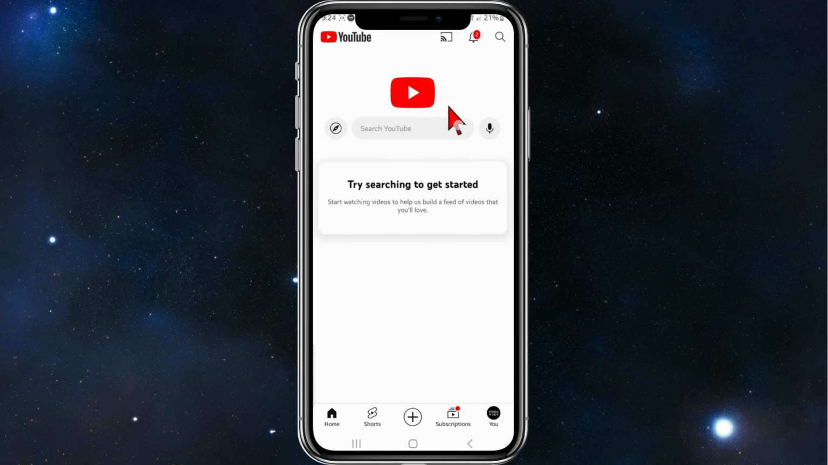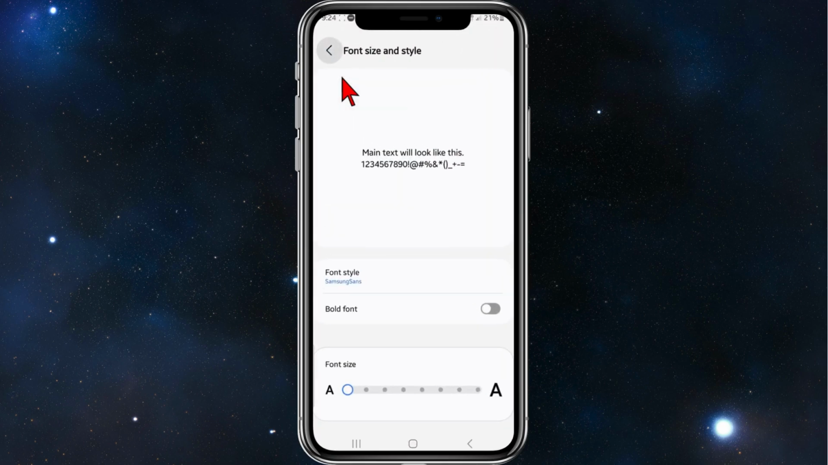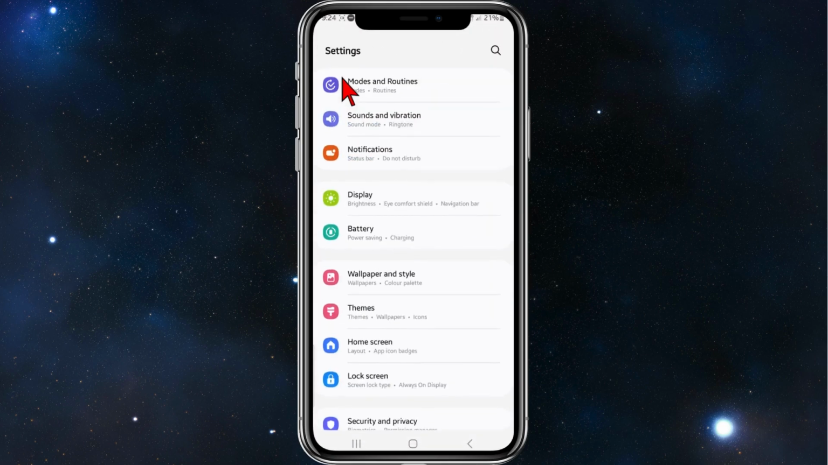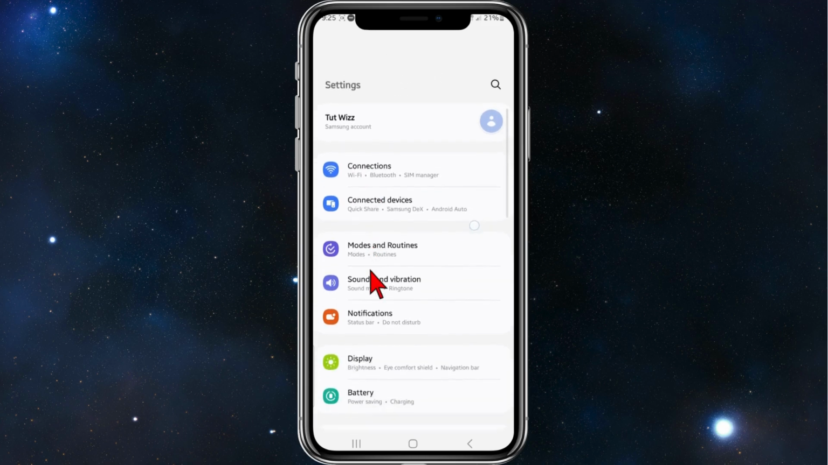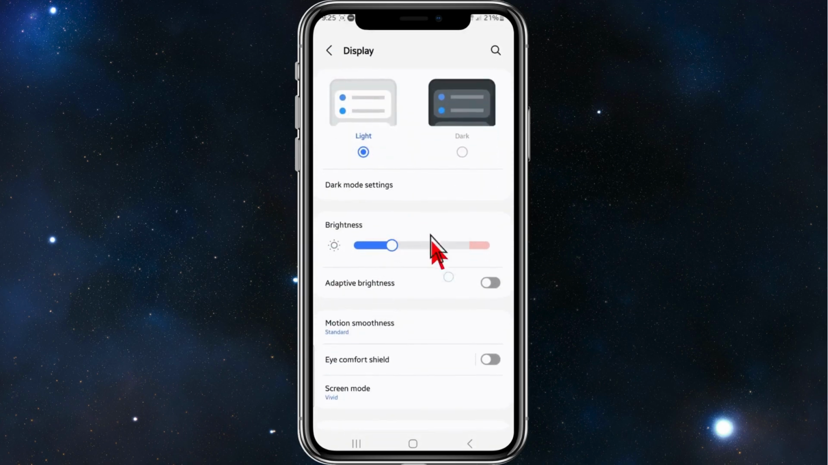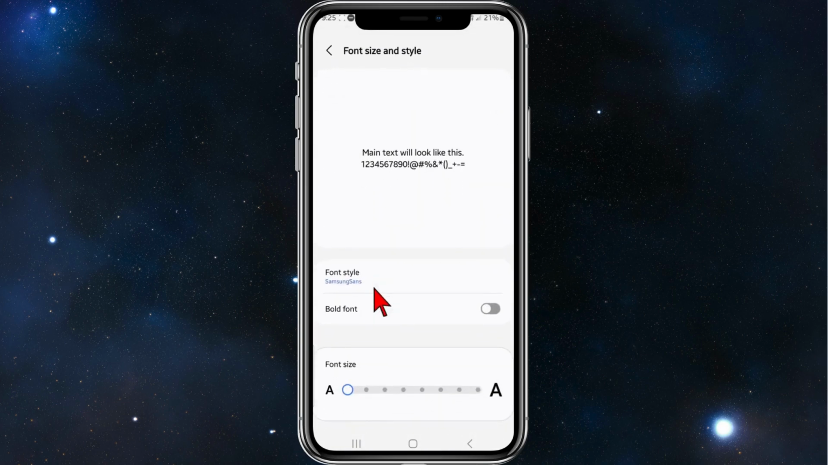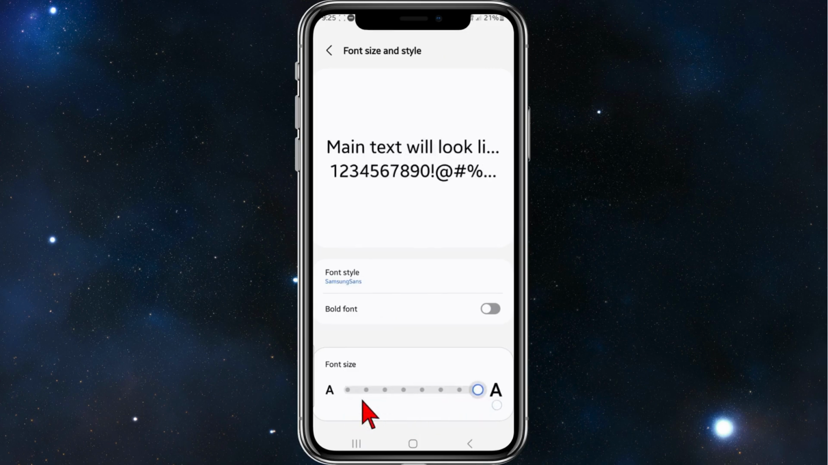Alright guys, if I go ahead and open up YouTube, you can see the font is quite small. So to make this larger, what you need to do is go back, click onto settings, and then from here you want to go to display. So scroll down and click into display, and then scroll down again where it says font size and style, tap into that, and then with this slider here, just move this left to right to make it as large or